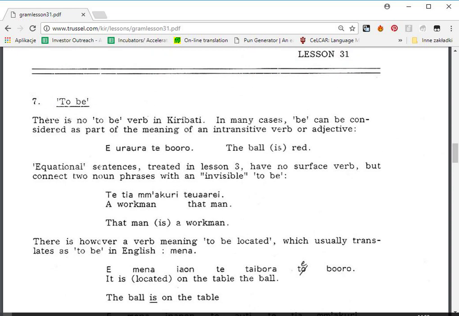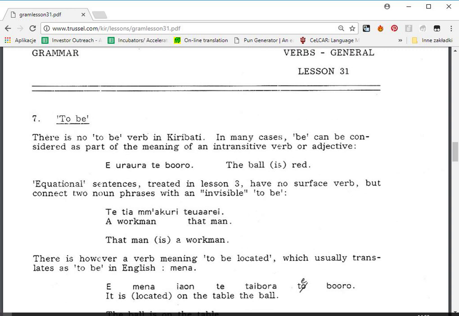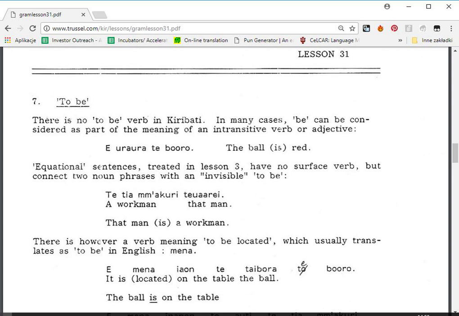And so sometimes it actually uses a little bit of a, how do I put it, a reversal form, which is a little bit more confusing to explain. And so I think in some Celtic languages they also do this as well. So te sia makuri deoare, literally a workman is that man. And so the thing that is actually goes in the front. Hopefully after going through a lot more grammar packets and reading this out loud, it'll really end up growing on me.